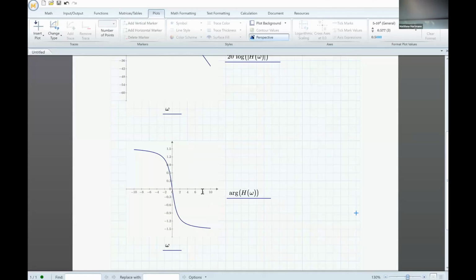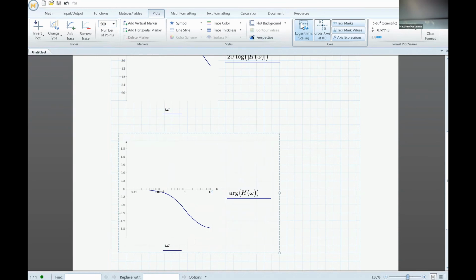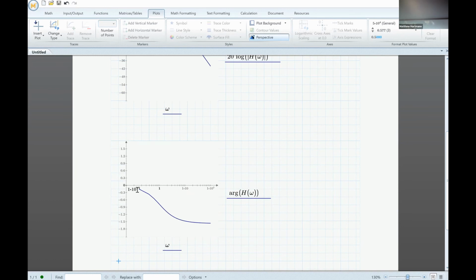So we can play around with the x-axis here. Let's throw this in a logarithmic thing. And we see that it's looking very, very similar now. So starting close to 0, and then whenever Mathcad starts actually picking it up and doing the calculations, it's going to decay down, and then it settles to approximately negative pi over 2, which is negative 90 degrees. So all of that